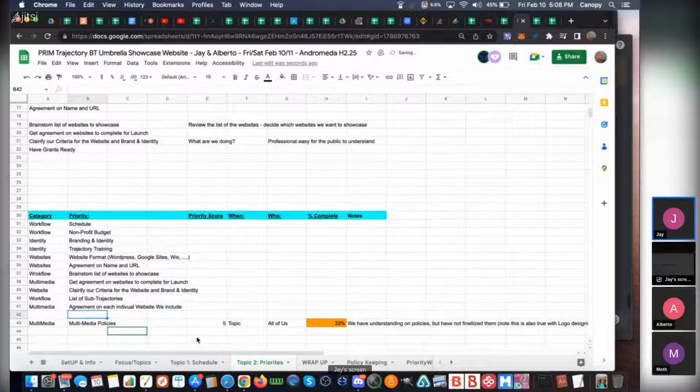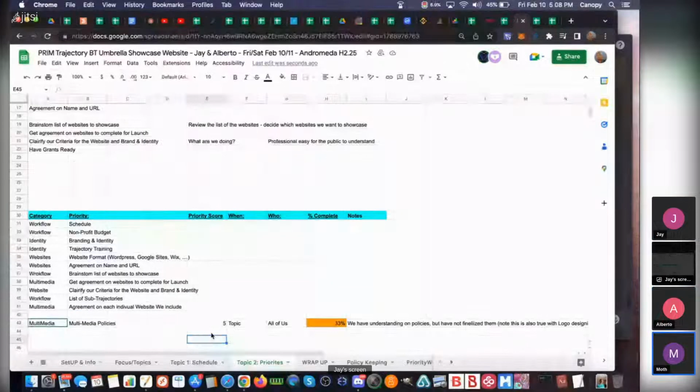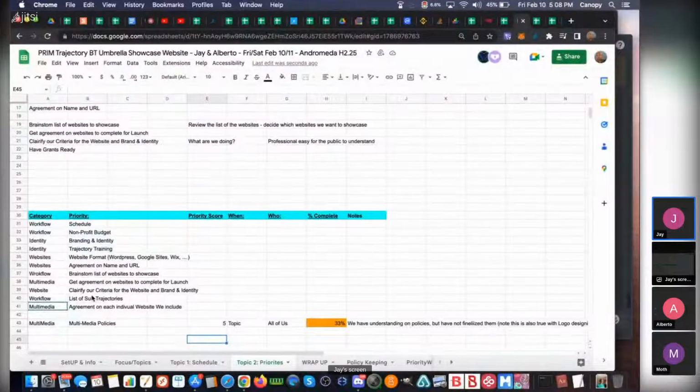Okay. So we have it two times, line 38 and 41. What about it? It's not the same, 38 and 41? This would be get agreement on the list. But first you brainstorm the list. And then, yeah, then each individual website.